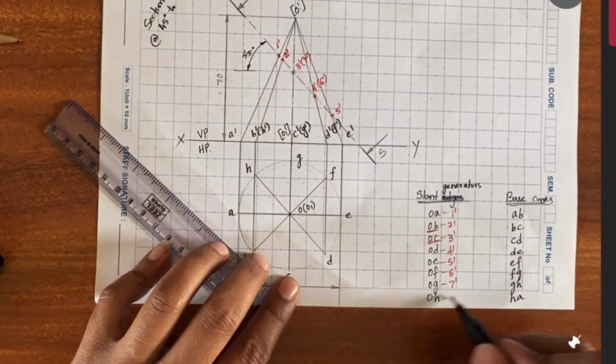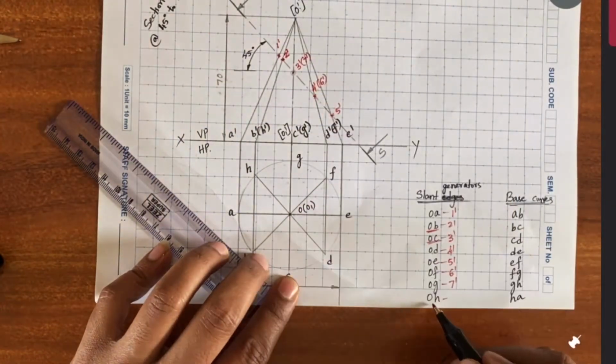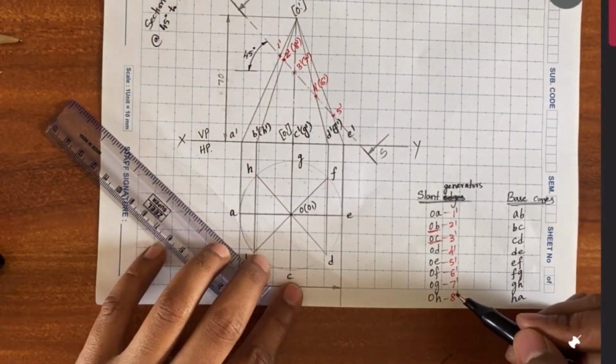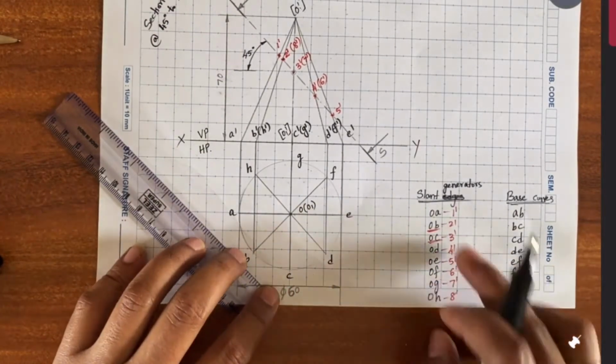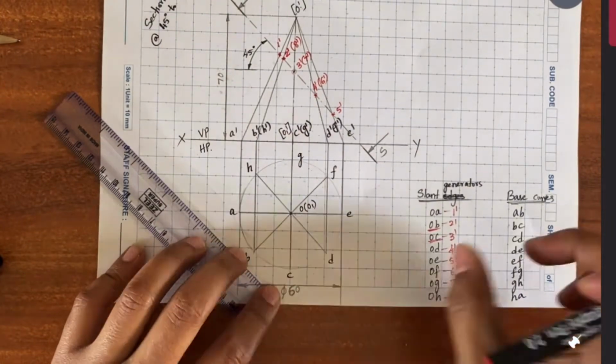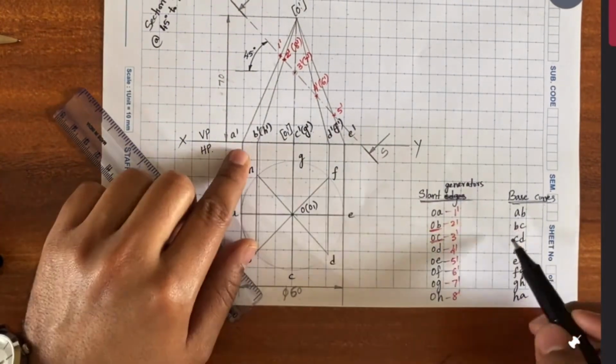6 dash will be put on bracket since it is found behind 4 dash. In the same manner, 7 dash behind 3 dash and 8 dash behind 2 dash. If you check the base curves one by one, whether the sectional plane is intersecting the base curves A to B,